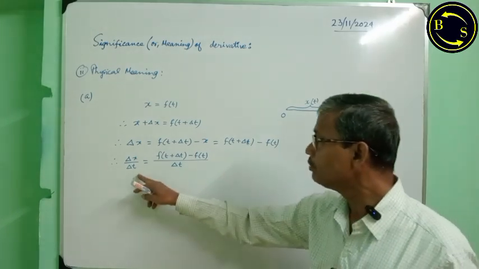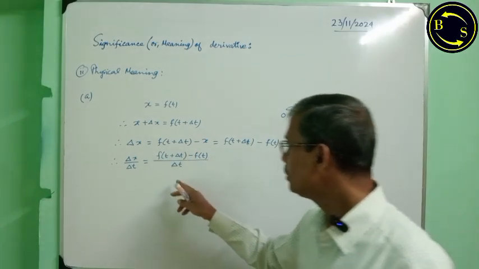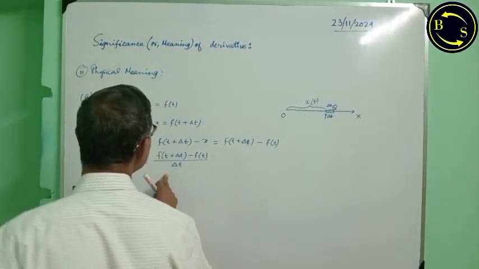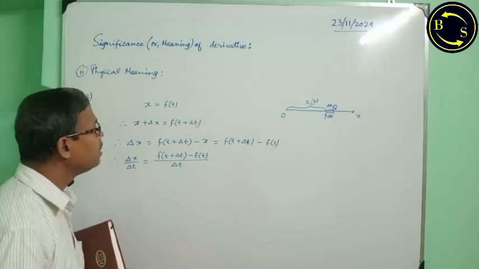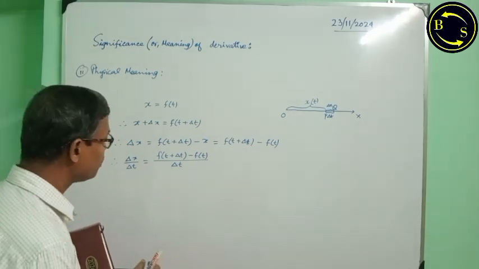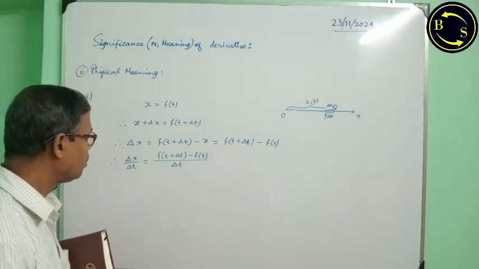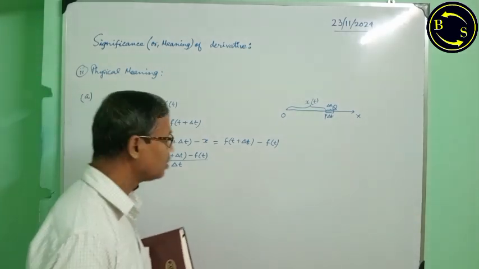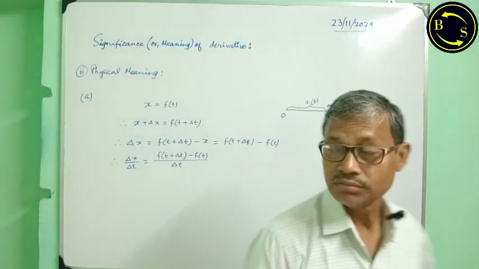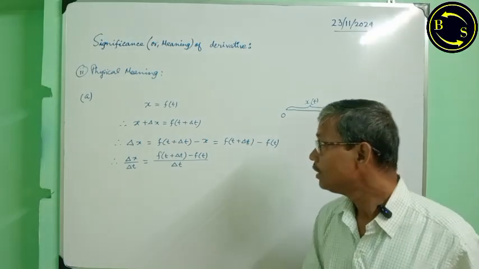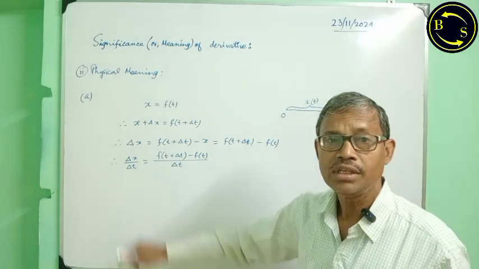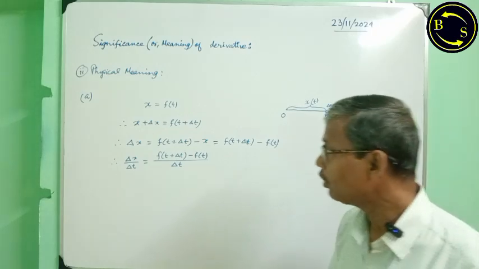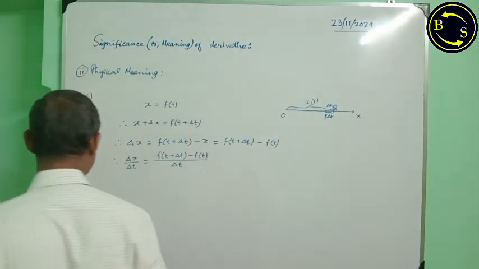Delta x by delta t, we have got this one. This is average change in, say, distance with respect to time. Now, if this change in time, that is delta t, be very small, when